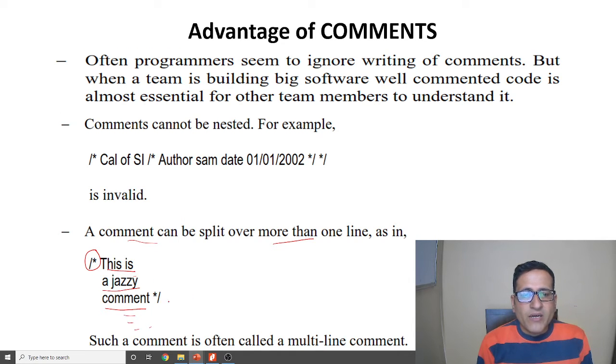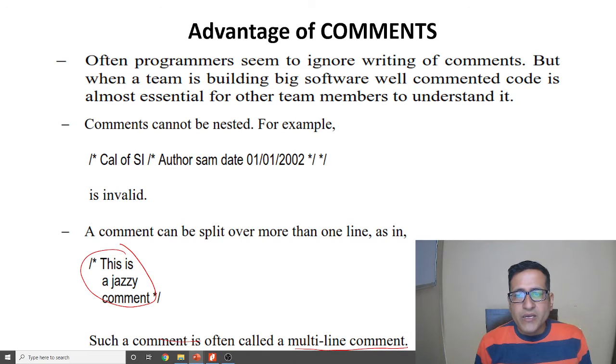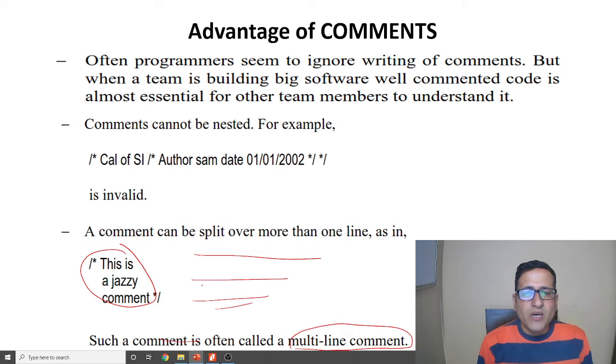In this way, until the compiler finds the symbol ending the comment, it will take all those lines in the comment. Means it is all in the comment. Such a comment is often called a multi-line comment. In some cases we have to write a number of lines to explain one statement, then we will use a start comment, and where it stops there we have to give the end of the comment.